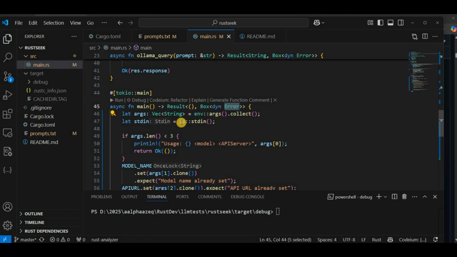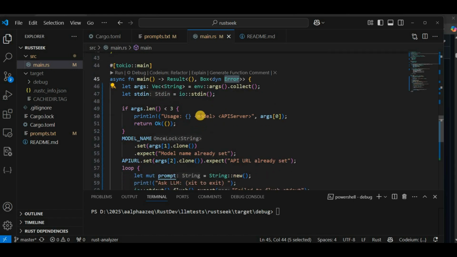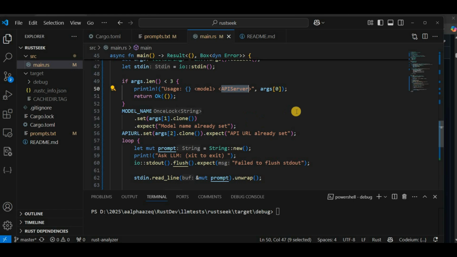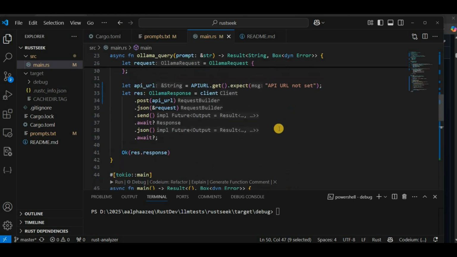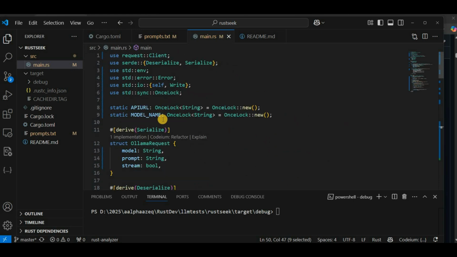So what we are doing is we are collecting the arguments. The arguments are basically the model and the API server address. So once we supply that, here is another thing. For declaring static variables, I had to make these two static variables because they just need to be initialized only once. For that, Rust provides a mechanism called OnceLock. OnceLock is nothing but a thread safe,